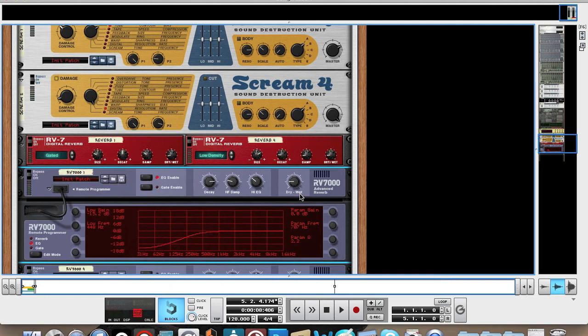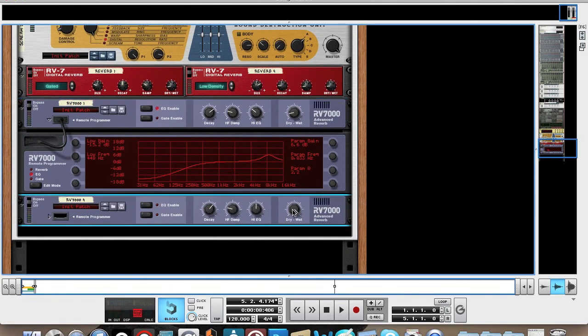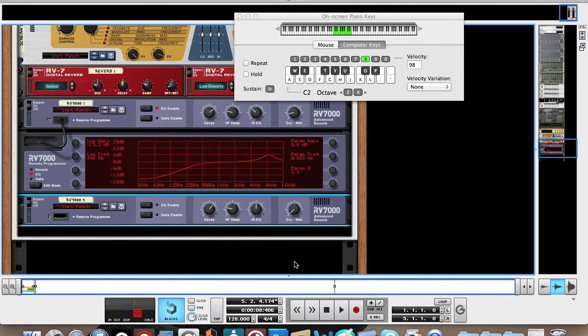Then we're going to boost by about 6.6 decibels at around 8,000 hertz. Okay, so then the final stage is to